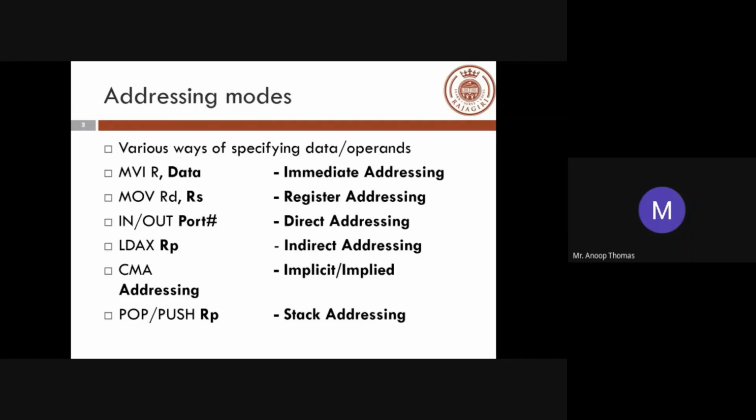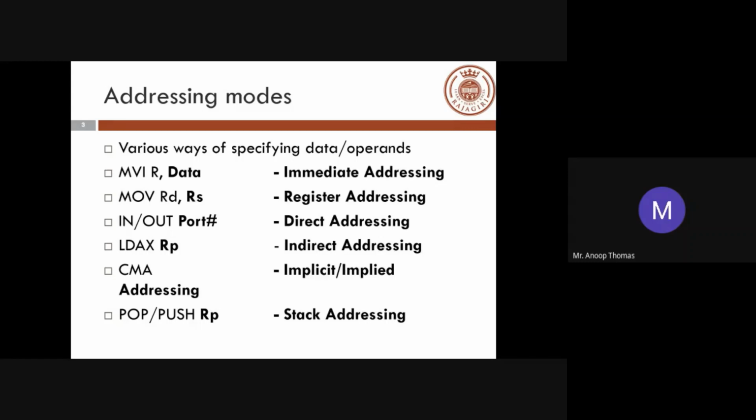That is, the register RP holds a value which is a memory address, and your loading will happen from the memory address specified inside your RP. This is called indirect addressing, where you are not directly giving the address, we are indirectly giving the address using this particular register. That is why it is called indirect addressing. Here the address is directly specified, here the register value is directly loaded, in immediate addressing the data is given. Here RP contains a value which acts as your memory address.